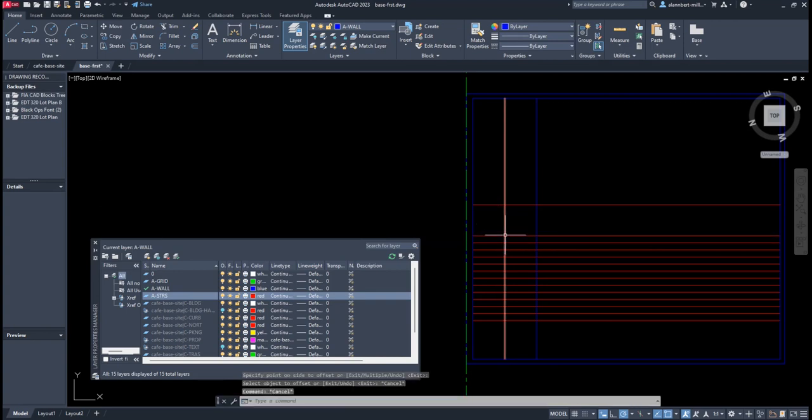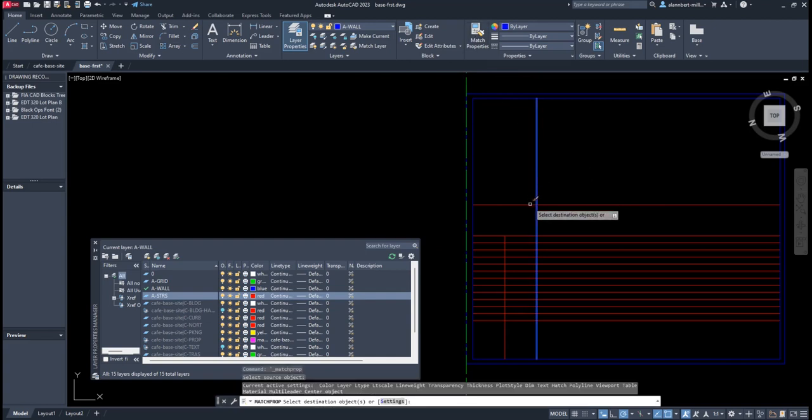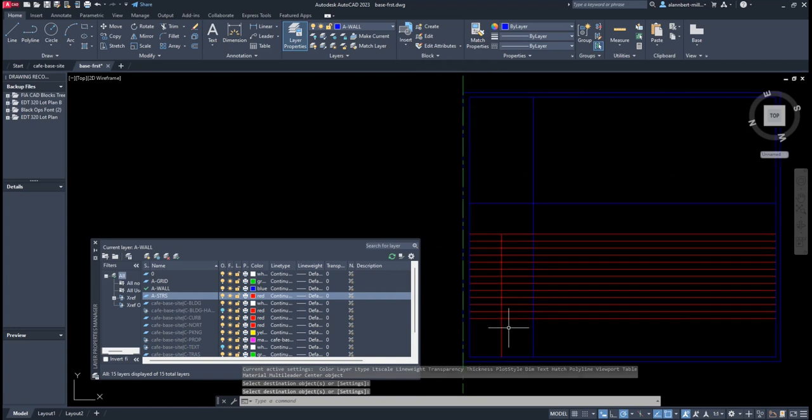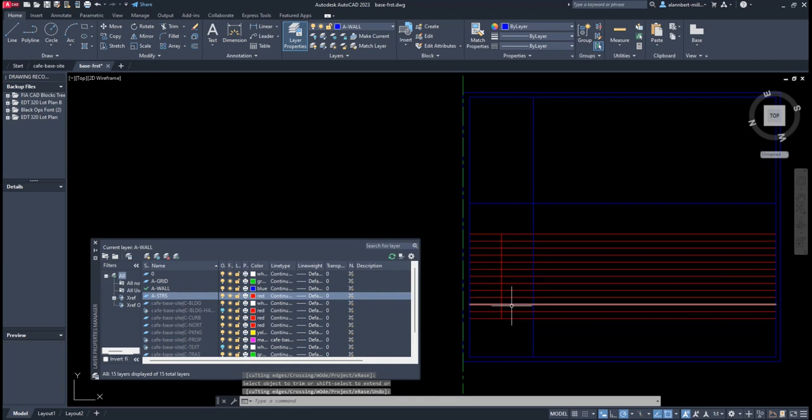Okay, and then we don't need this anymore. So we're going to trim this and erase this. This line is actually a wall now, so I'm going to just match property and make that a wall. Okay. And then this one too, I'm going to trim this. We don't need that. And then I only need 12 here, but it's better to